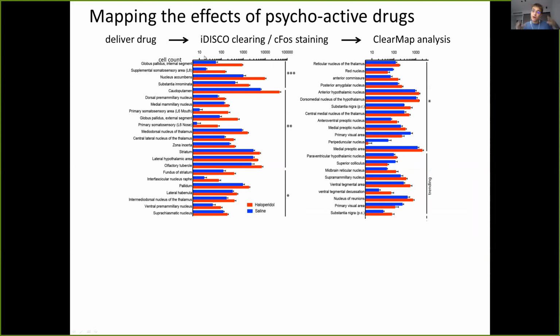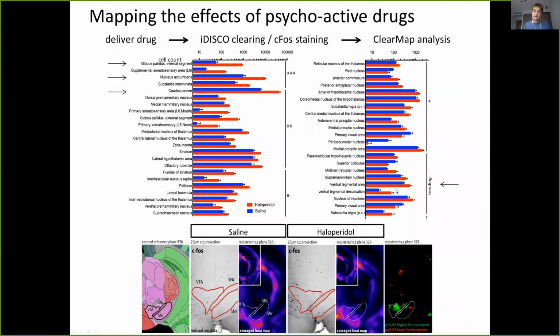But now, because we have the whole brain, we can look at every area individually and check which areas are affected, and maybe we find new areas that haven't been discovered. Well, we see the ones that have been discovered. We see even some that haven't been discovered that show up here that are not necessarily super statistically significant in this case. But if you look closer, we actually see that only a sub-area is affected, rendering this effect not statistically significant. If you look at cellular resolution, we make use of our cellular resolution, we now get a nice sub-area in this area that is affected by this drug as known before.